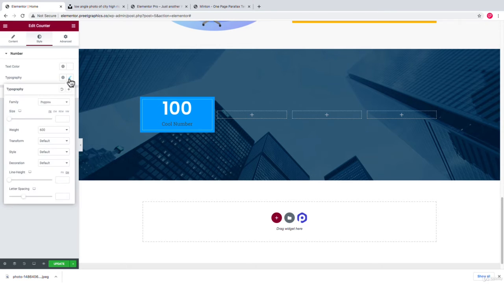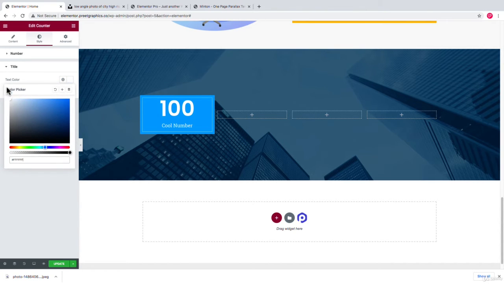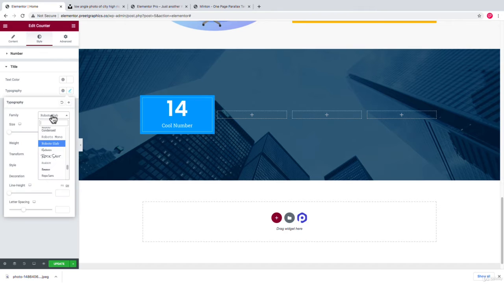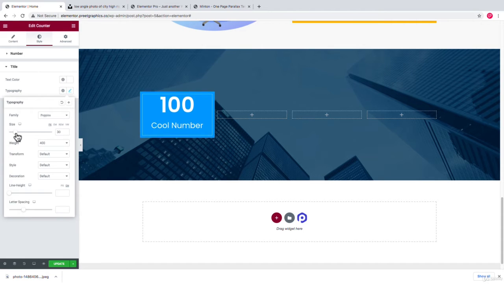and I'm also going to increase the size, and in the title I'm going to change the text color to white and typography to Poppins again. And let me increase the size, and for now I'm going to decrease the line height to 30 pixels or maybe 40 pixels.